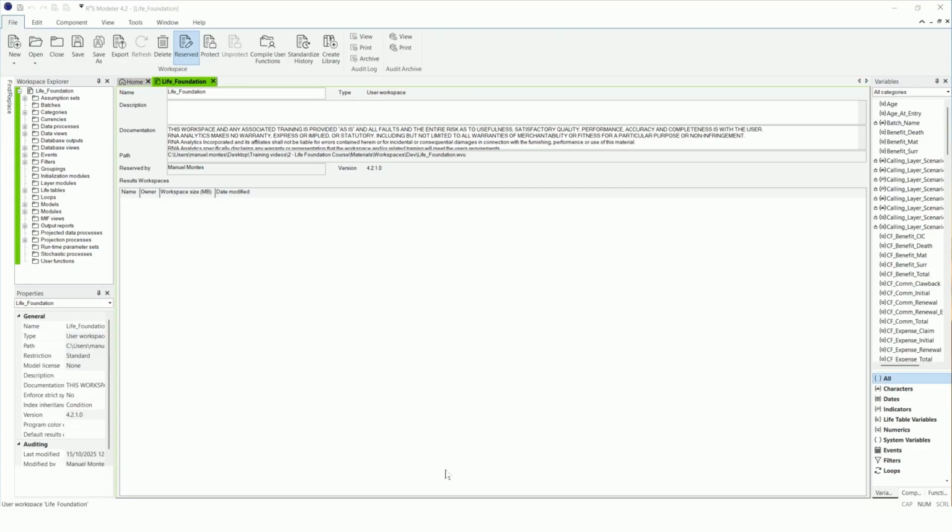Section 11.2, Exercise 5, Solutions Part 2. To run both programs, NP-end and term together, first unsuppress the endowment data source in the data process within the model.